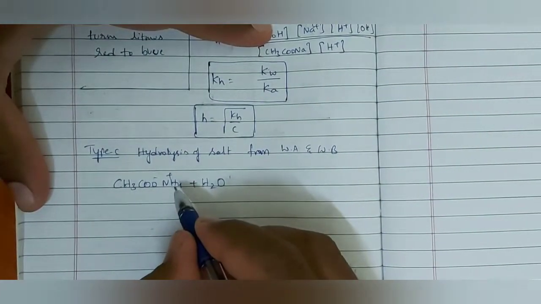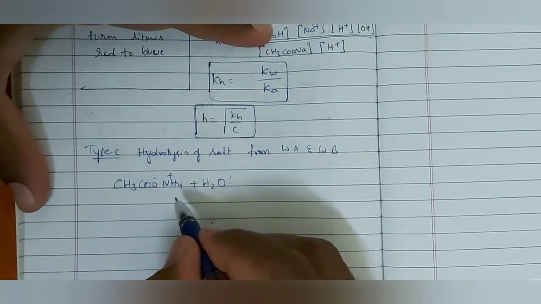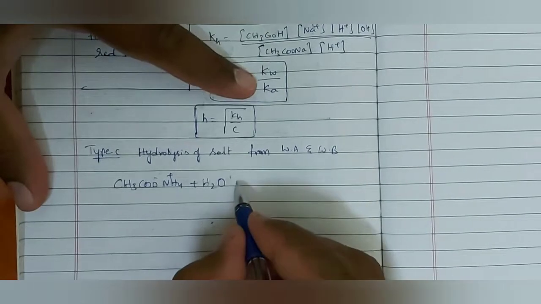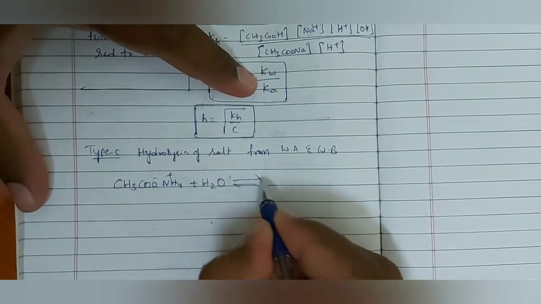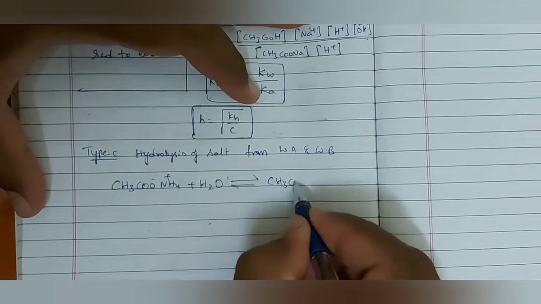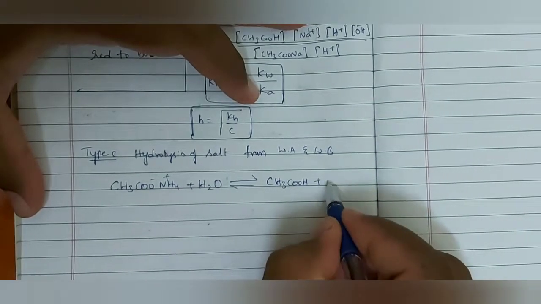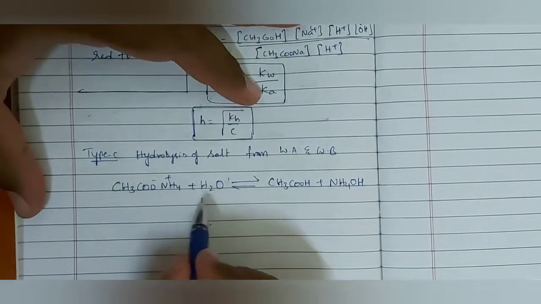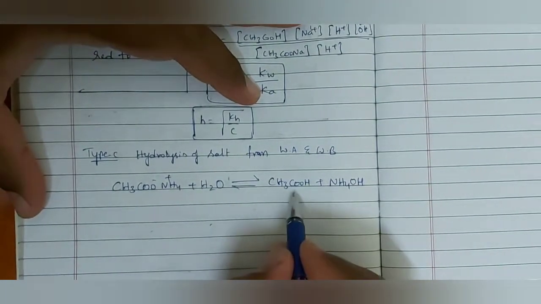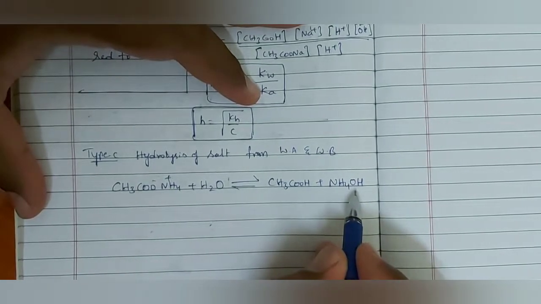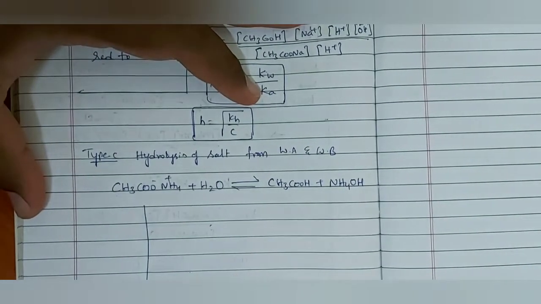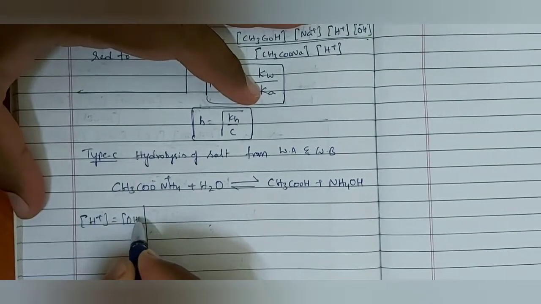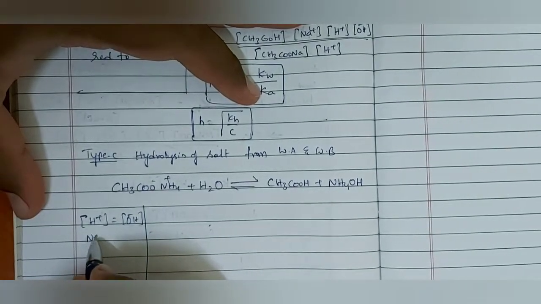From a weak acid you will get a strong conjugate base. From a weak base you will get a strong conjugate acid. So both are strong only. This is a strong ion, this is also a strong ion. Then you will be getting equilibrium with CH3COOH plus NH4OH. Both are strong ions, both will undergo reaction with water to form CH3COOH and NH4OH. For this type of salts, concentration of H plus equals concentration of OH minus. Resulting solution is neutral.